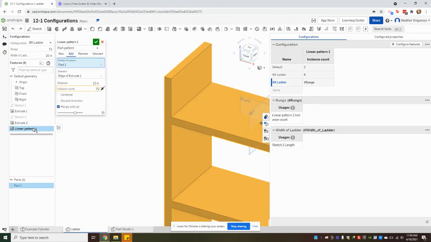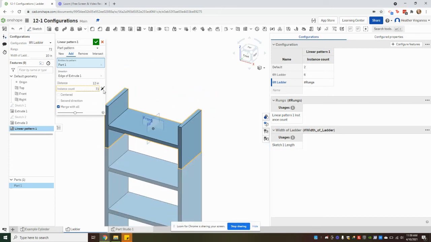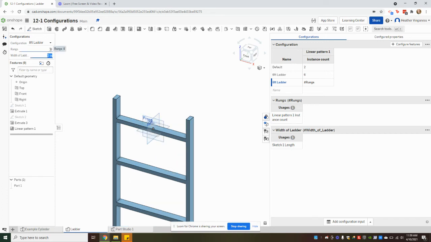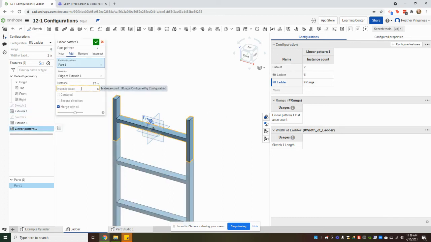So right over here, you can see that we patterned the ladder downwards. I don't want 72. I'm going to change it back to like 6 to make this easier for you guys. You can see how we patterned the ladder right here in one direction. What I would do is create this Lego brick, and I would pattern it in 2 directions, one length and one width. So I would create a variable called